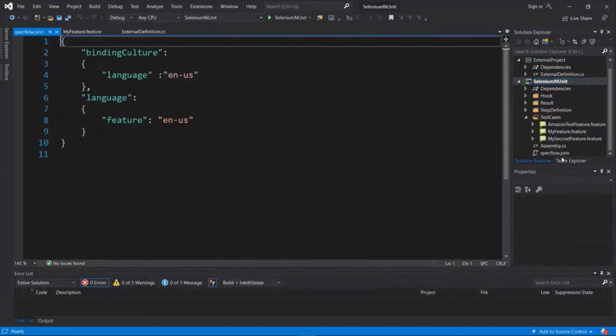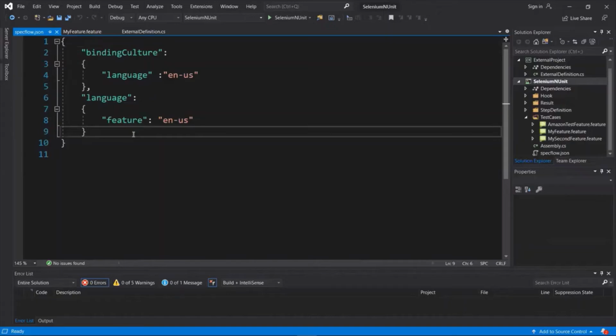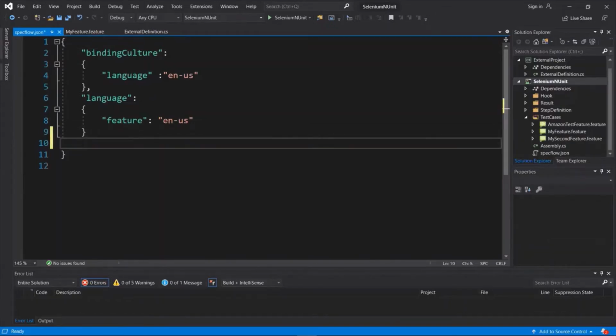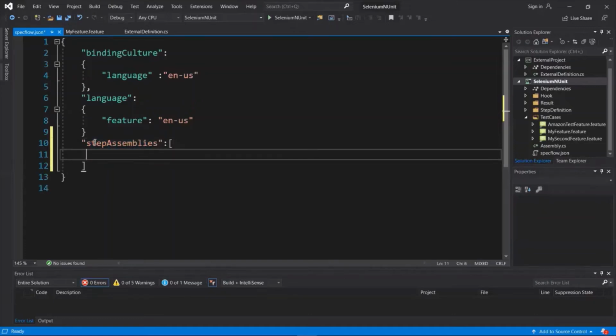So the file has been created, and you can see the default values here. These are for the default language of a SpecFlow feature file. You can change these values in case you want to use a different language. Now, for the external binding reference, we have to write a new key in the JSON file called stepAssemblies.